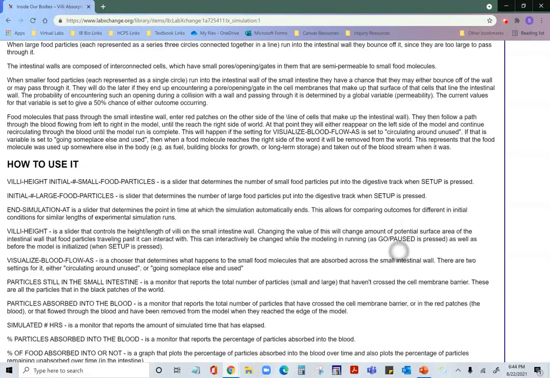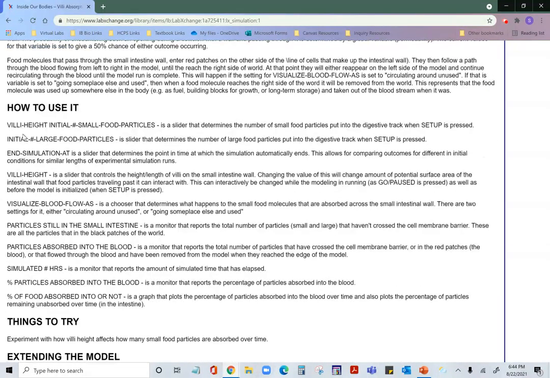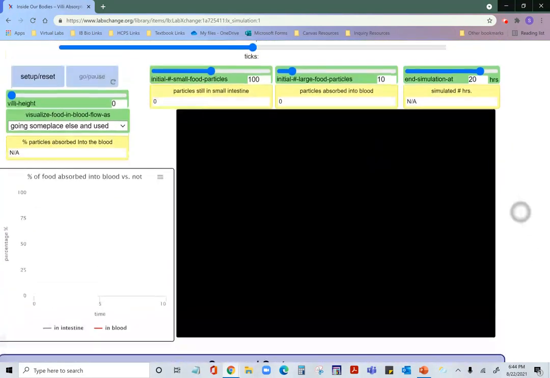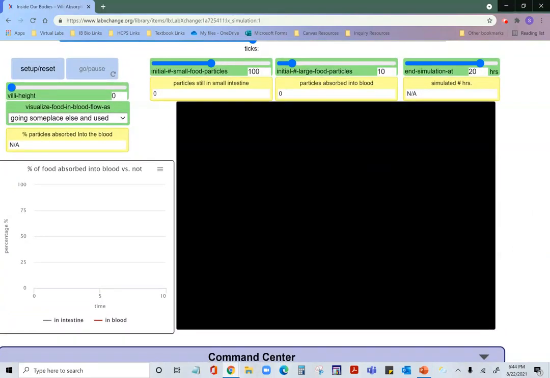And there's instructions down here on how to use the model, right? So your villi height is how tall the villi are. The number of small food particles is exactly what it sounds like. You can change blood flow. You can change the amount of time and the amount of particles that are absorbed into the blood. And you're going to look at the amount of food that's absorbed or not. So there's a lot of things you can do with this model, but we're going to focus on the effect